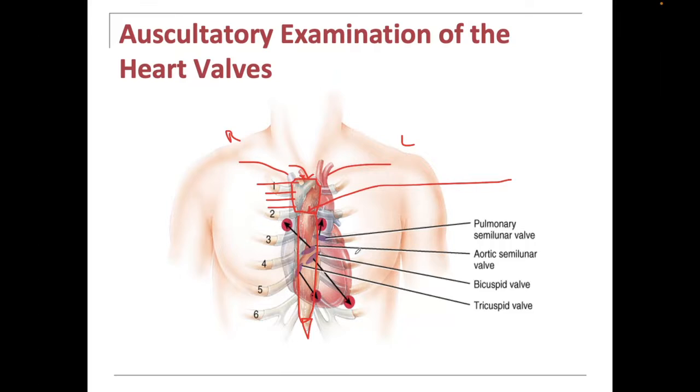On the right side, you can hear the aortic semilunar valve. The second intercostal space on the left side, you can hear the pulmonary semilunar valve. Then you go fourth rib, fourth intercostal space, fifth rib, fifth intercostal space. Now, once you're just close to that fifth intercostal space, but somewhat center, this is where you can hear,